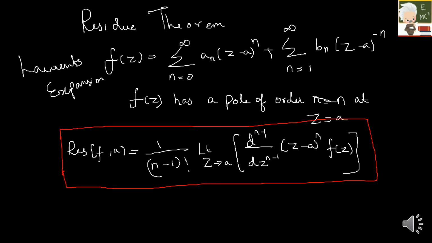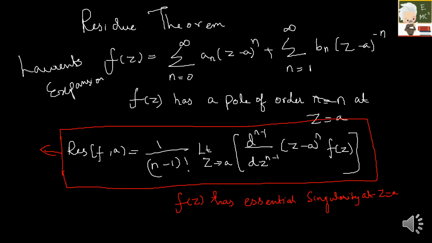And one more thing here: f(z) has an essential singularity at z = a. If you are wondering how I got this, I'll be explaining it in just a couple of minutes. So this is all about the residue theorem, and from this we will be finding the Cauchy integral, which we will be doing in the next video. But I'll be giving a few tasks over here, so don't forget to check the complete video and see how we got the answers.